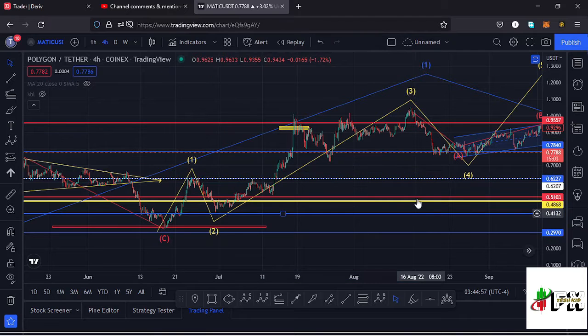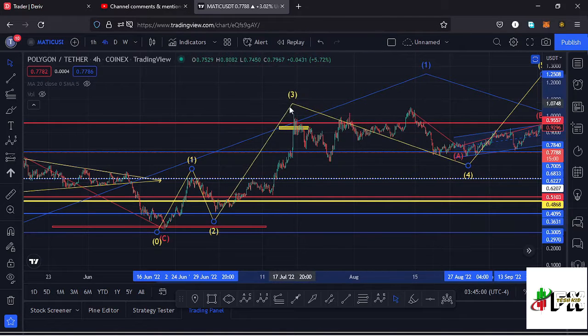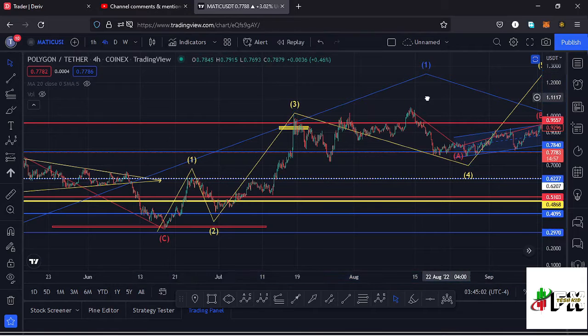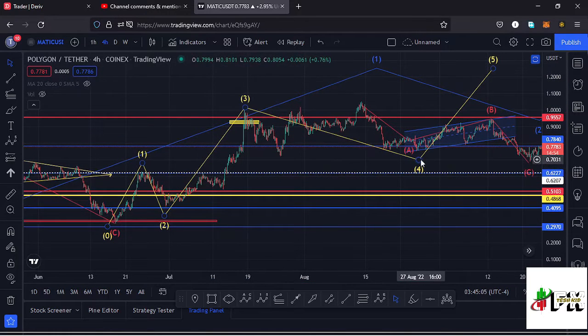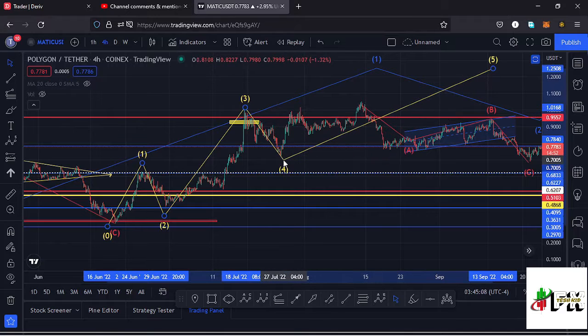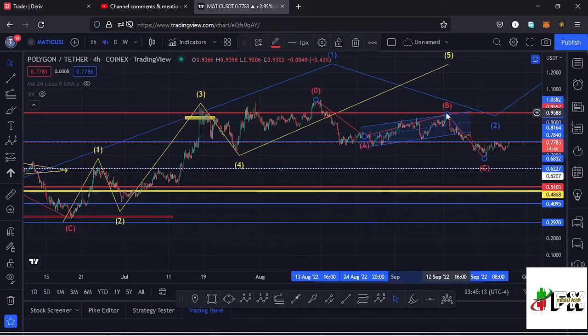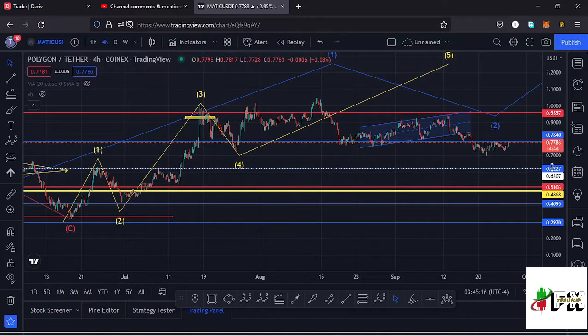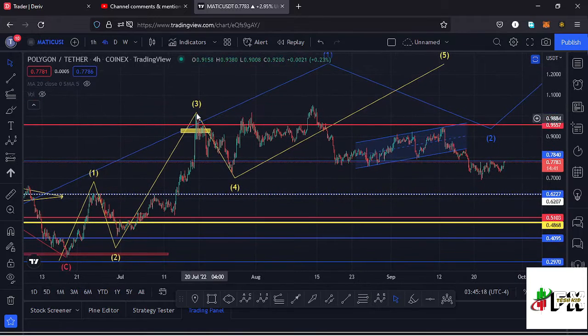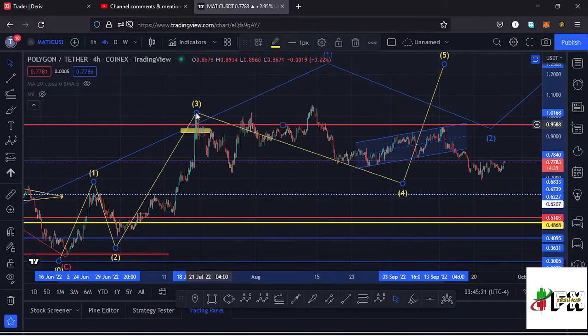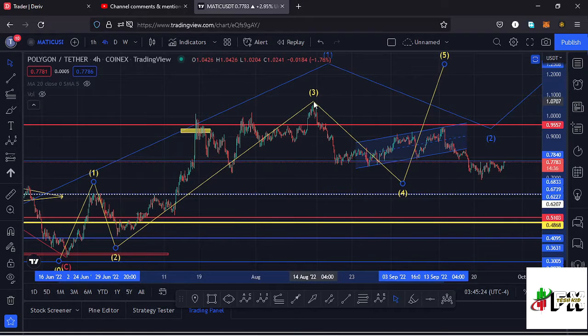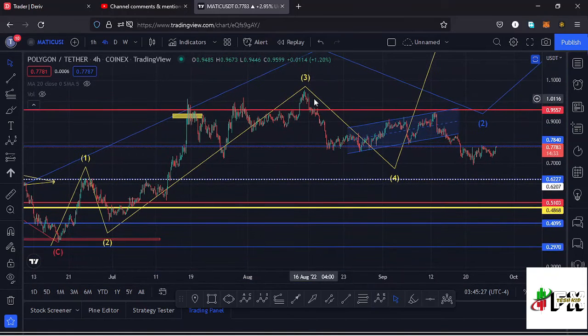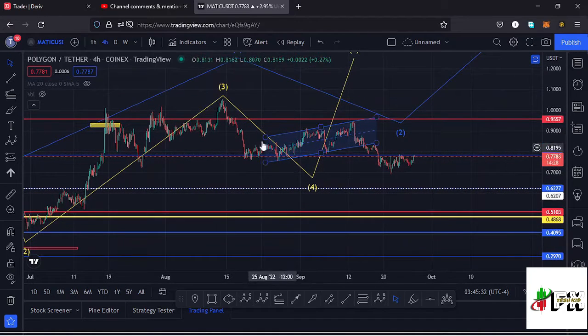Initially here on the charts I had this high at around the $1.02 mark as the high for that third wave to the upside, and I was terming this movement over here as an Elliott wave structure to the lower side in the formation of a wave 4. But the moment we managed to break above the key area of resistance at around the $0.95 mark, that made me change scenarios, and the high that we made at around the $1.06 mark is now my high for that third wave to the upside. Whatever we are seeing over here in a retracement is the formation of a wave 4, and it's possible that maybe we have seen the low for that fourth wave to the lower side,